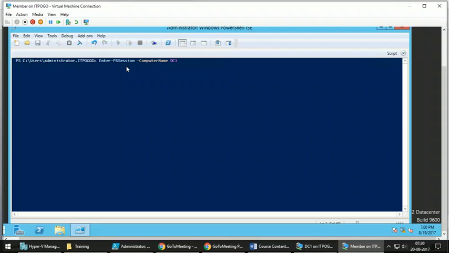Now, since I am already logged in with a domain user account on this computer, I don't need to provide credentials separately. But if you are connecting to a computer where a different set of credentials is required, you can use -Credential, and here you can give the username using which you want to connect.